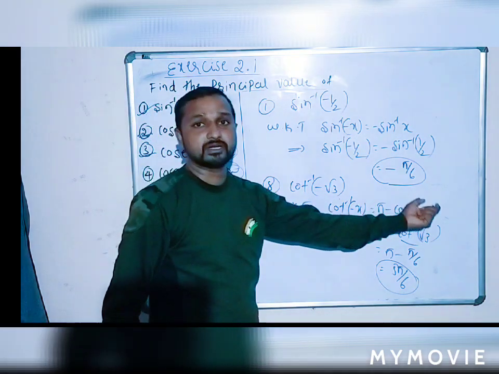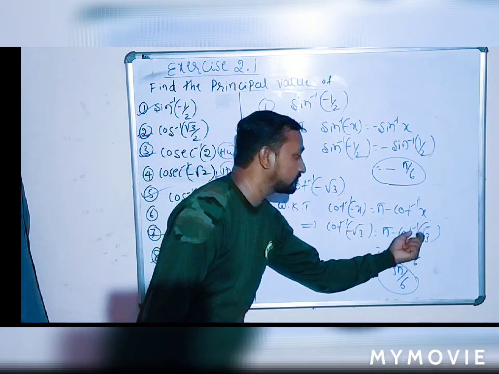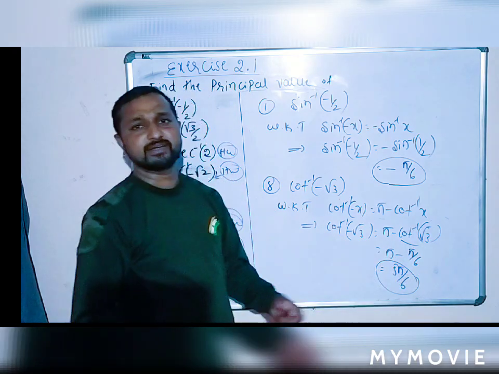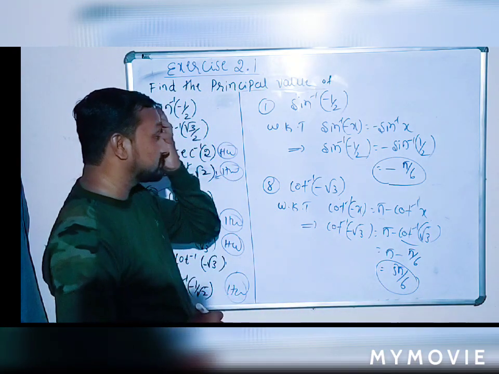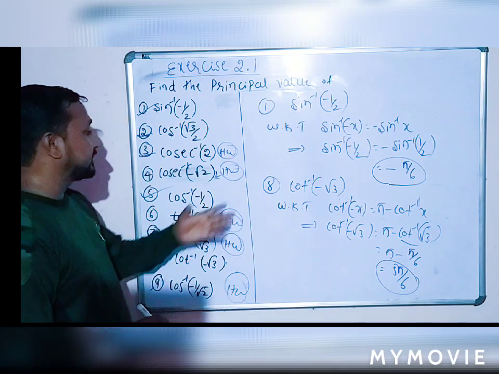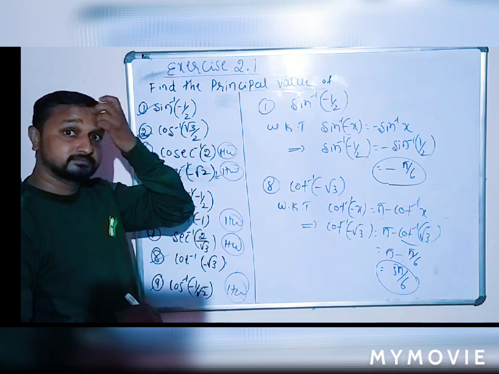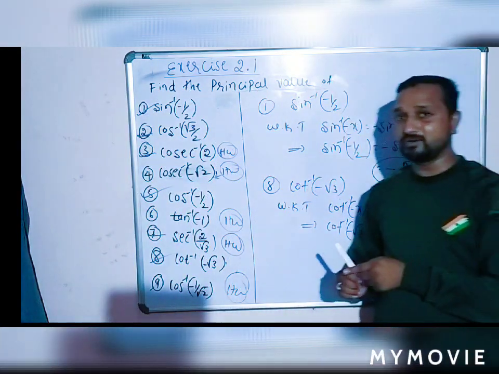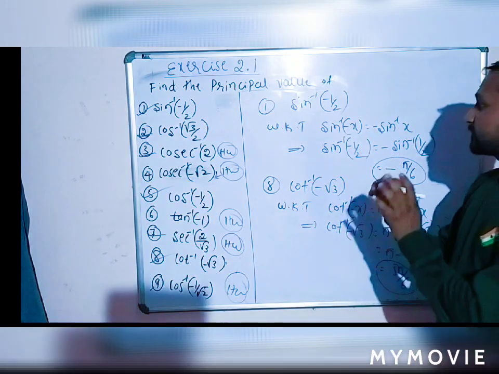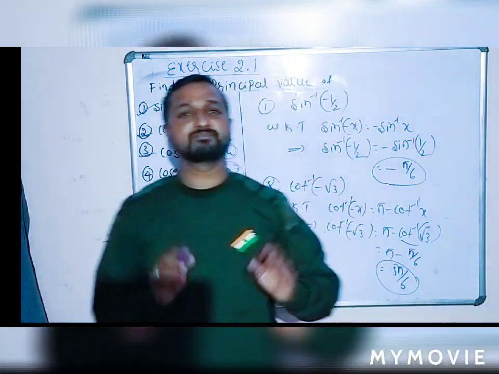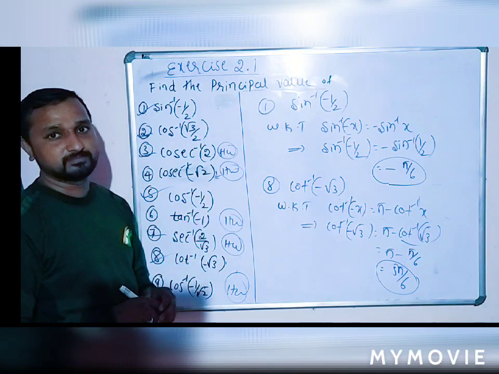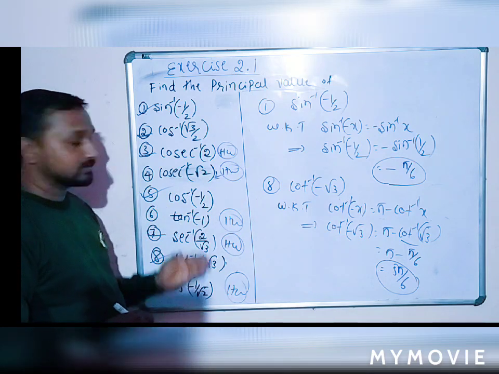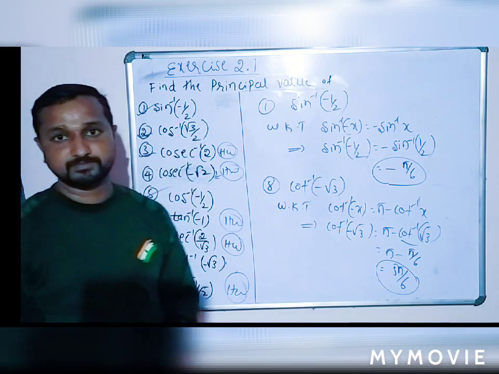Cot inverse of minus x is nothing but pi minus cot inverse of x. In which angle the value of cot root 3 is pi by 6. Right? This is the principal value of the inverse trigonometric functions. Let me make it clear. There are two methods, either by solving using the principal branch value or by using properties. The property examples are very simple. Is that clear? These are the exercise 2.1 examples. So make note of this, and the remaining examples are yours. Okay.